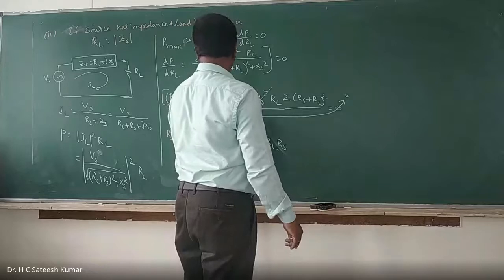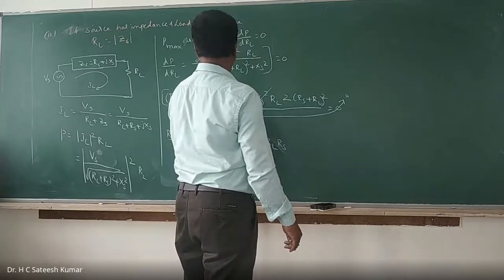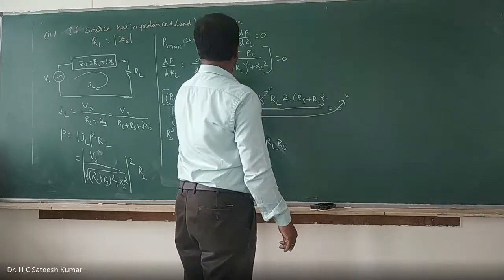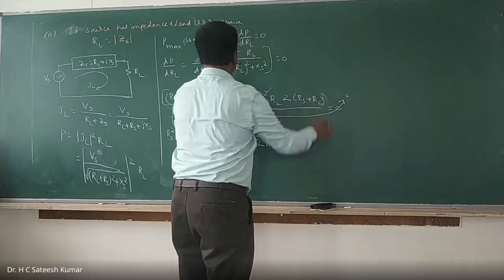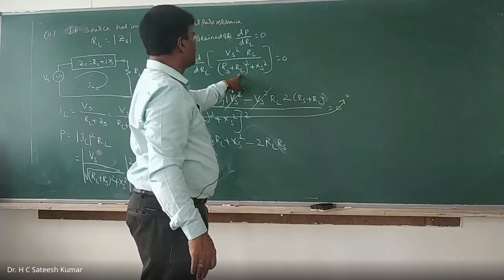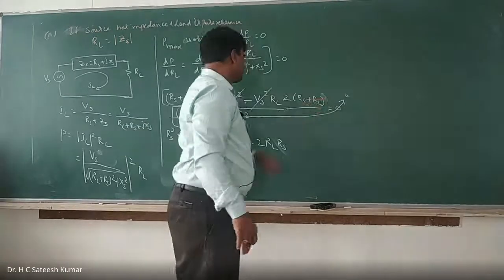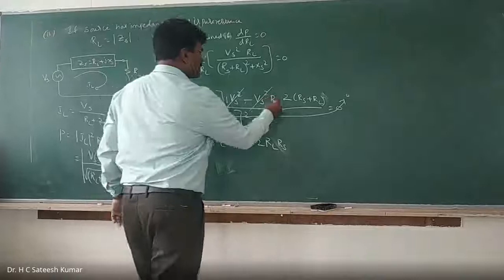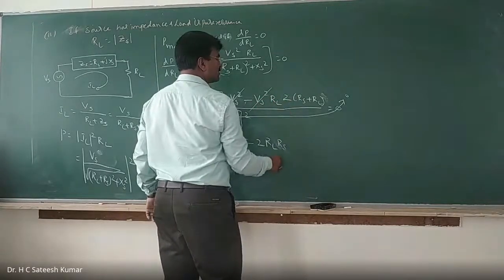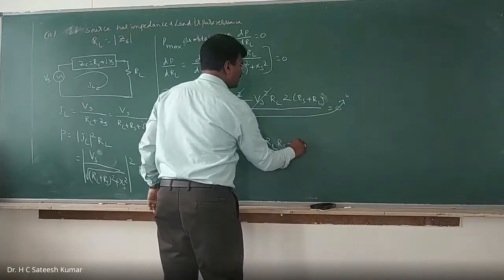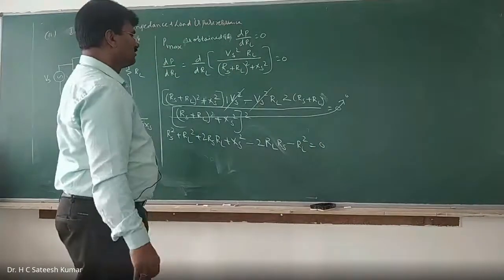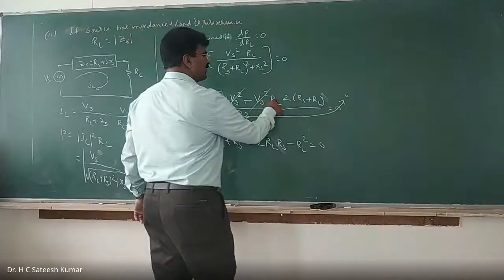Denominator whole square, denominator into d/dx of numerator minus numerator into d/dx of denominator, 2 into (RS + RL). Sorry, 2 into (RS + RL) into the differentiation of (RS + RL): RS is 0, RL is 1. We got it. XS is correct, the square is the extra, right? So now what do we have? Minus 2RL into RS and minus RL² is equal to 0. Minus 2RL², no? Minus 2RL².